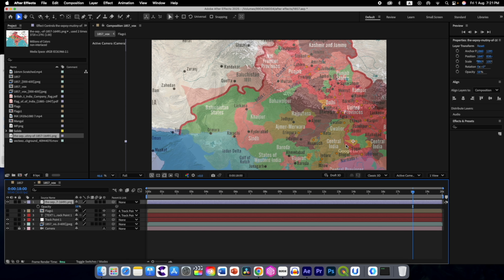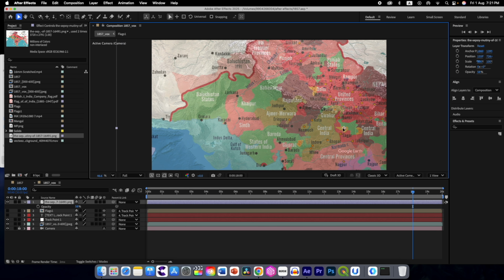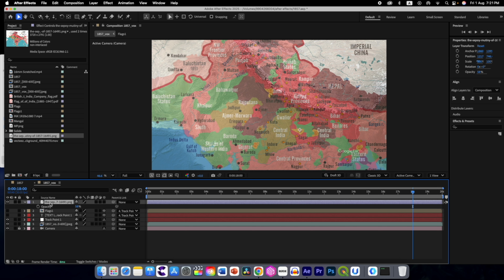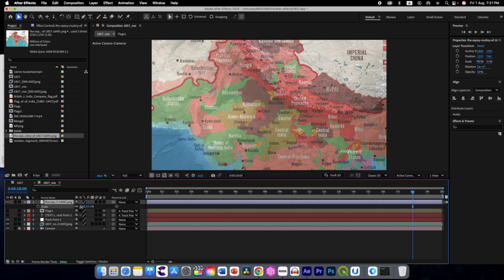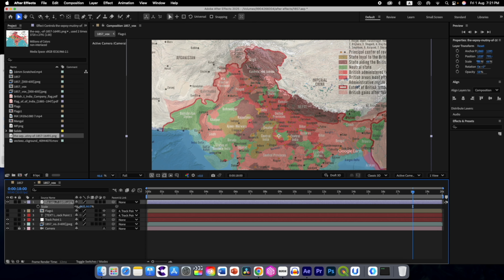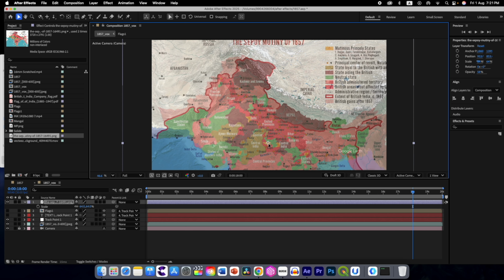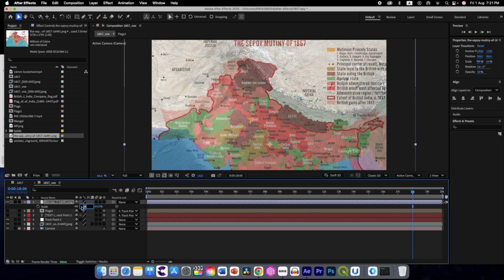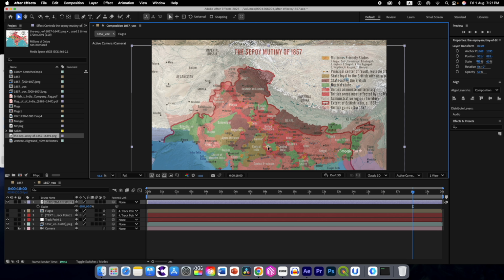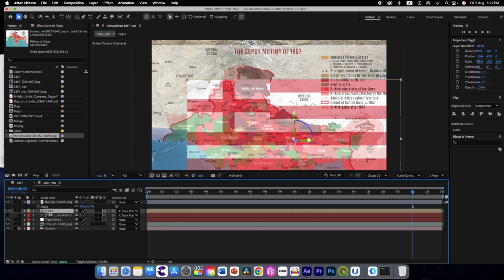Grab this map and position it along with this. Let us scale it down. So I am referring to this area for the alignment. Let's make it 60. Okay, now we can select this flag,